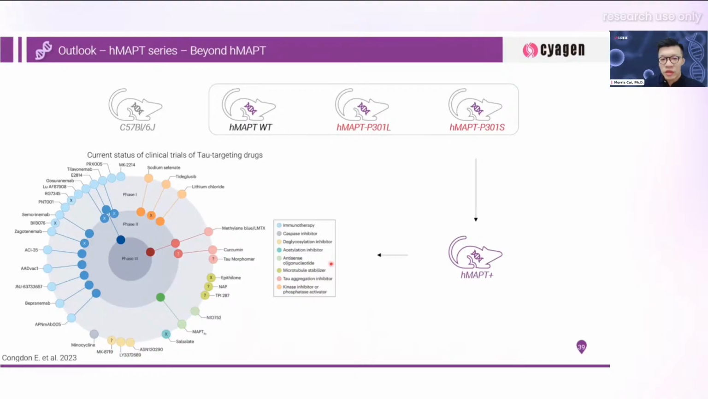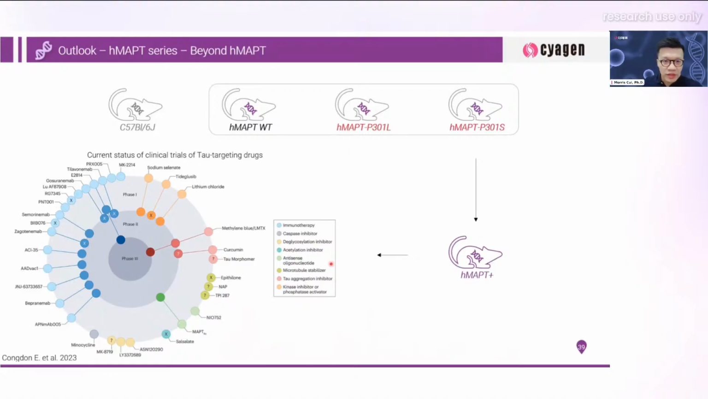Based on this, we would like to explore further, in addition to our current HUGO humanized MAPT models. We call it Human MAPT Plus. That means this mouse model will carry not only one humanized gene, MAPT, but also other humanized genes related to potential tau-associated therapeutic strategies. With this, we could not only simulate tau pathology in one mouse model, we could also give opportunities for researchers, for scientists from both academic and industrial sides, to explore new therapeutic translational